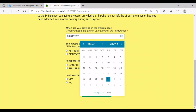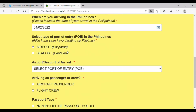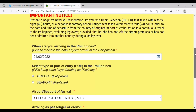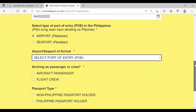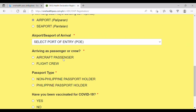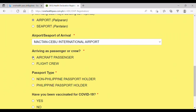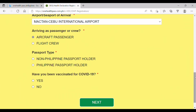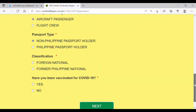Let's say you are arriving on April 2nd and your port of entry is the airport, and you must select your port of entry or the airport. Let's say you are arriving in Cebu. Just click on it. There is a drop-down menu, and you are arriving as an aircraft passenger, and your passport type is non-Philippine passport